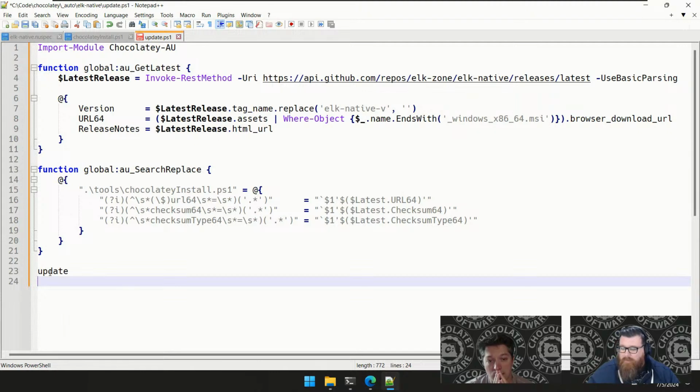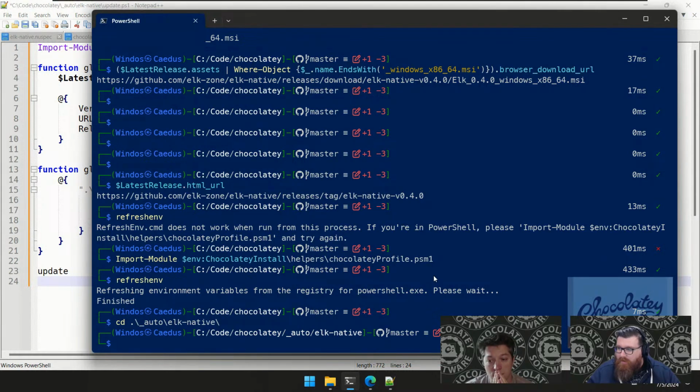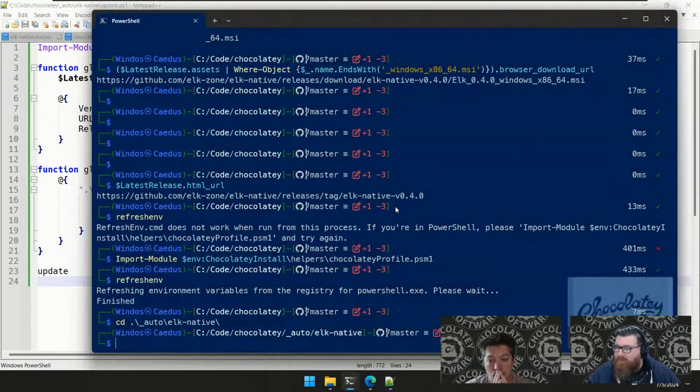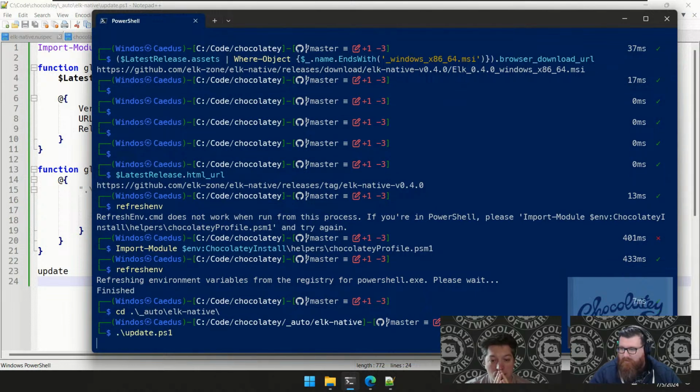Now what's going to happen, in fact, let's just show it. I'm also used to things automatically saving for me. There we go. If we run the update script,